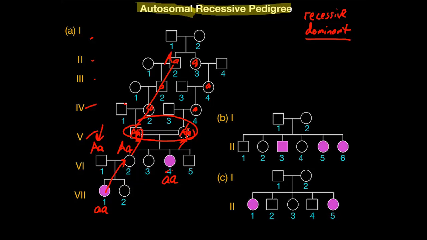There's two things you can glean from this. If you have a consanguineous marriage, it doesn't mean it's going to have to happen. But look, these guys had 4 kids. It's not always this neat, but if you did a Punnett square, there's a 1/4 chance that they're going to have an offspring with the disease, and they got 1 out of 4. So a consanguineous marriage greatly increases the probability of this happening. The other thing that can happen is if you happen to run into a person who's a carrier, and back then and even today,